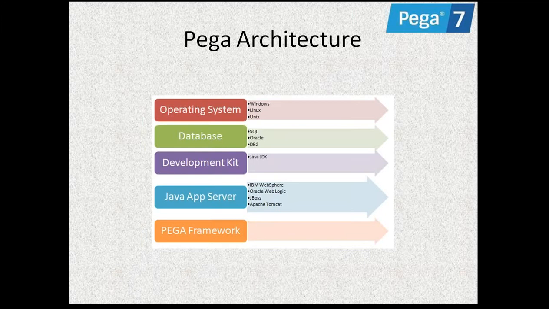Pega contains two types of editions. If you install any edition, in the backend it will automatically install Java JDK, and in the personal edition it will install the Tomcat server by default. In real time you can choose the database and server, but in the personal edition, along with the version, you get a default database and a default server. I'll explain this later.